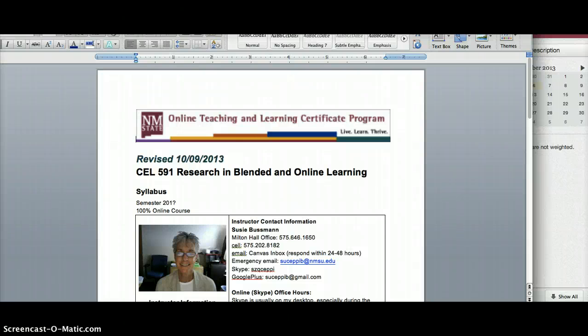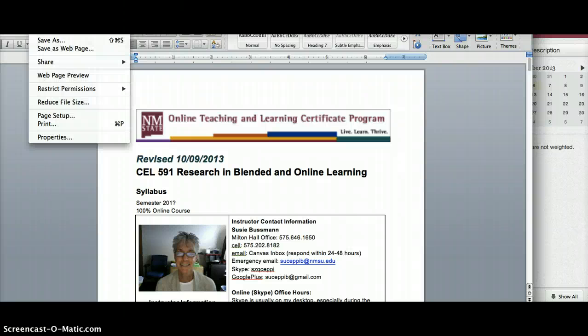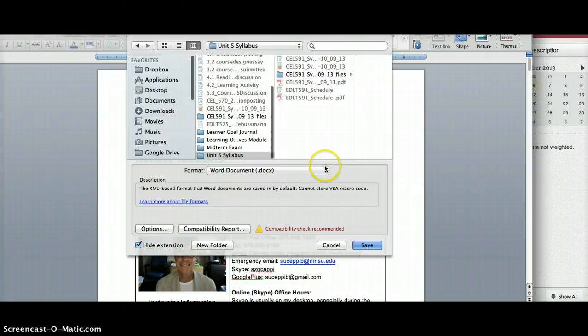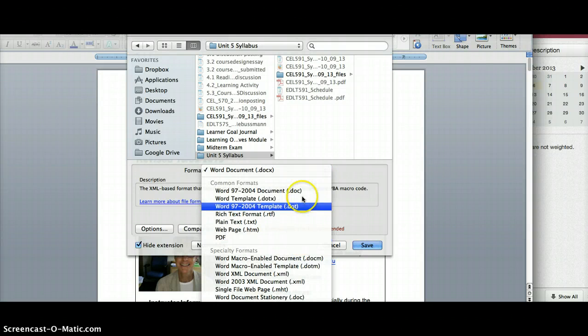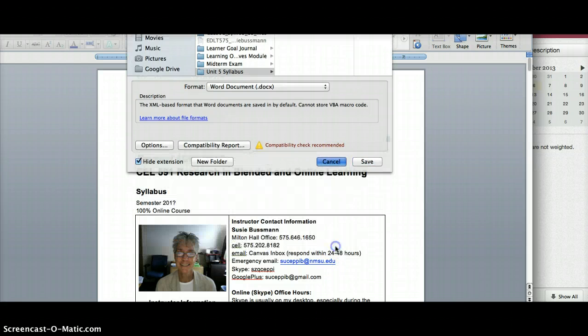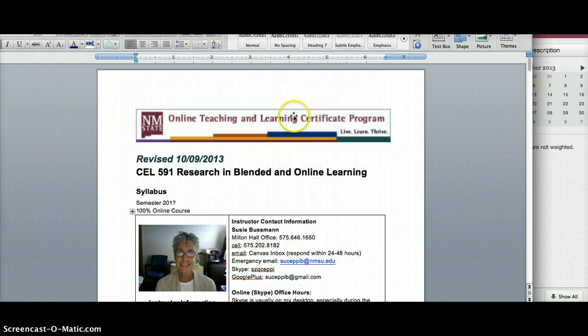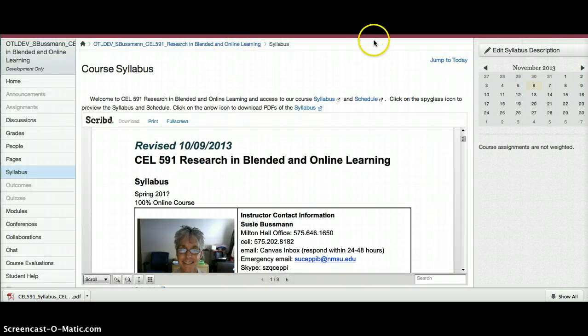Here it is as a Word document, and then one of the things I can do in my drop-down menu is save as a document, and I can choose to save it as a PDF, which is what I did. I'm not going to redo it, but it lives in a folder on my desktop. So I did create it in Word to begin with, and then made it a PDF from within Microsoft Word. And then I uploaded it to my